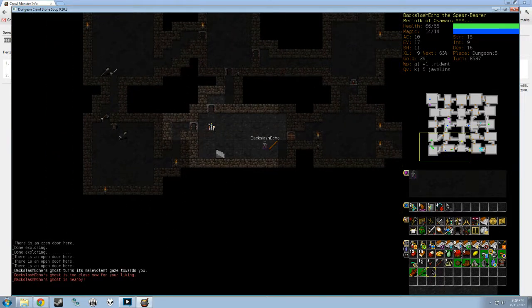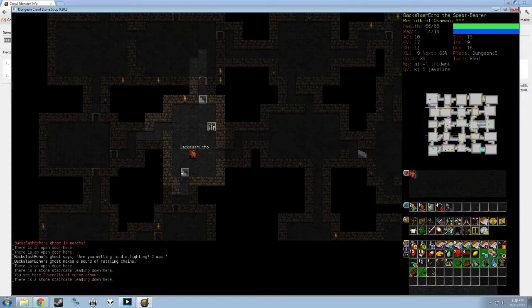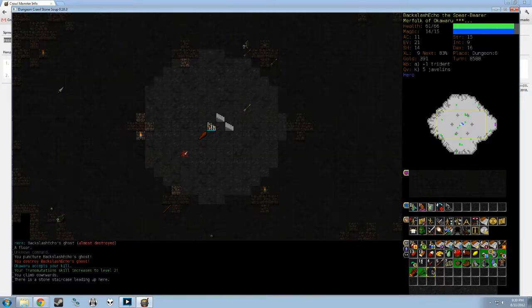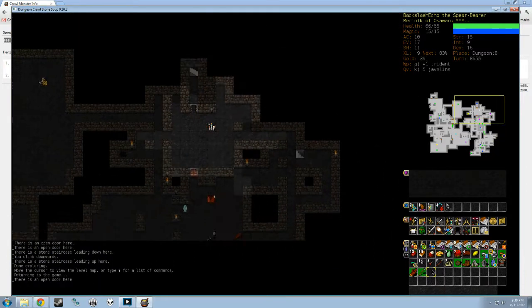There you are. Come here, you. Come back to the down staircase so I can have an escape route. Ghosts can't follow you downstairs. They're cursed to haunt the level that they died on. Okay, yeah, I'm way stronger than I was before. I pretty much easily dispatched that ghost. Down, and